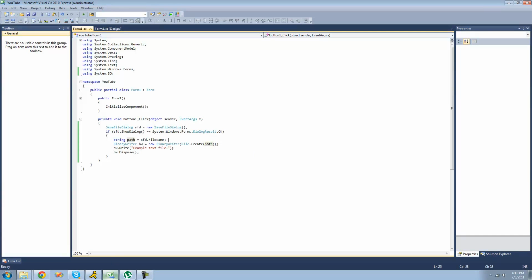So there are a few different things that you can do to your Save File dialog. Say you want to change the title of it or something, or only allow them to write text files, which is what we're going to be looking at first. Just like the Open File dialog, you can create a filter, and just as with an Open File dialog, it only allows you to open files with a certain extension. Well, with the Save File dialog, it only allows you to save files with a certain extension. So if we do sfd.Filter,